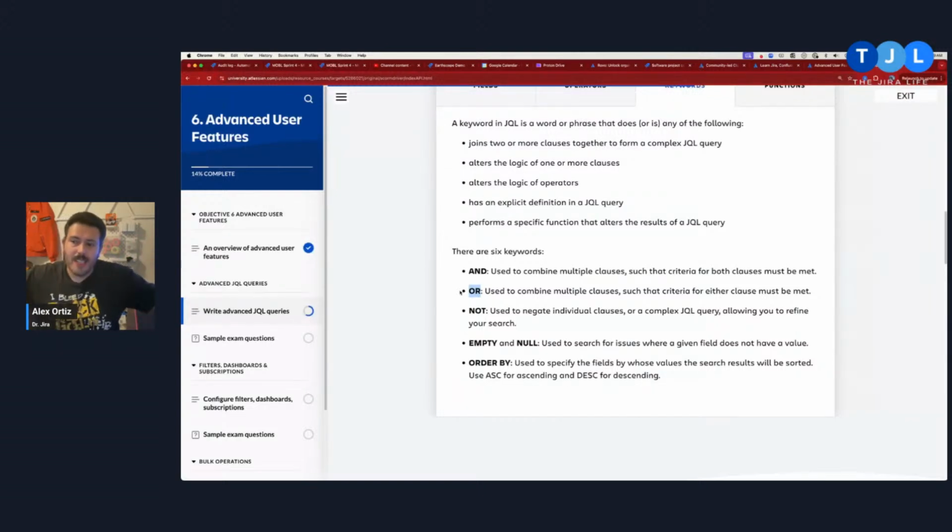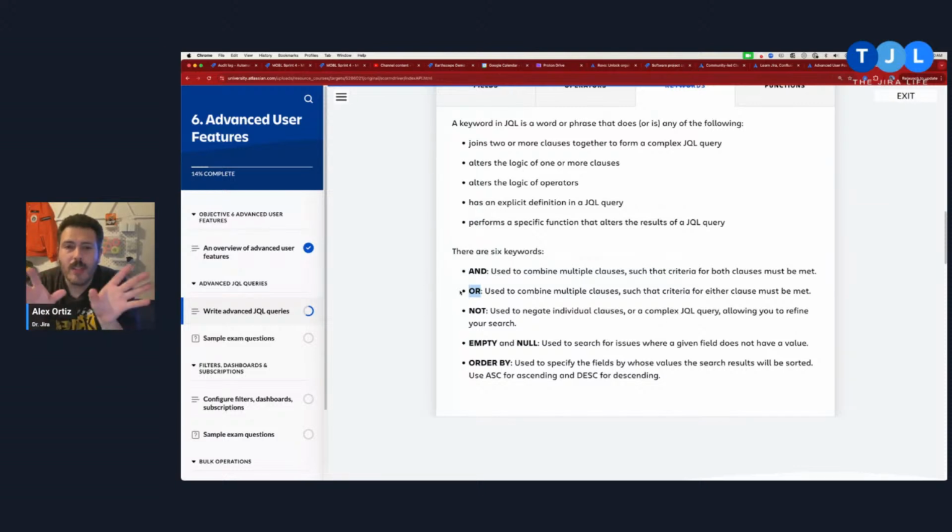So and basically says, hey, we have a lot of possible search results, but when we and something together, both, or if you have multiple ands, right? Ideally, both sides of the and must be true. And so you go from having a lot of possibilities to having a little bit of possibilities because you made an and statement, which means both have to be true. So your search results might come back severely limited because both conditions have to be true on both sides of the and.